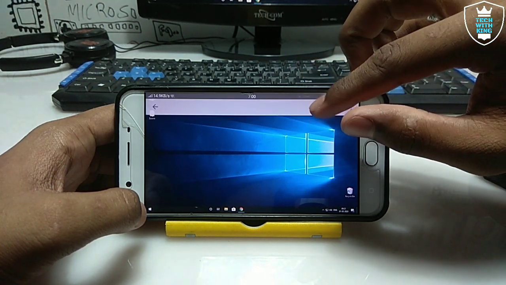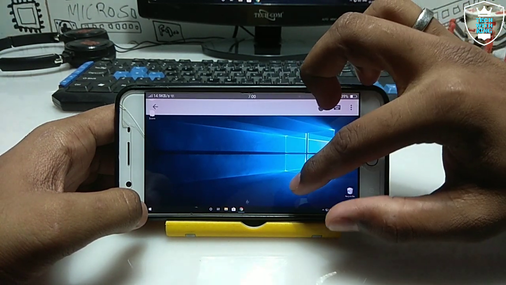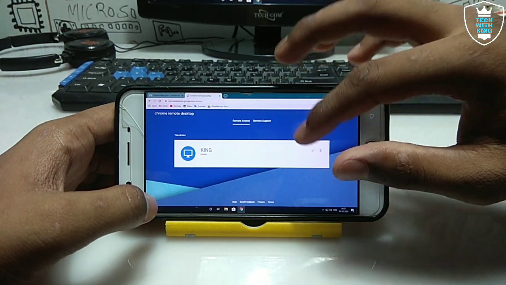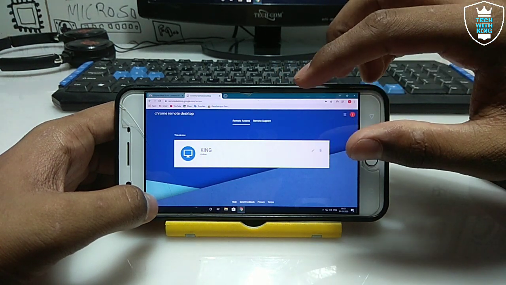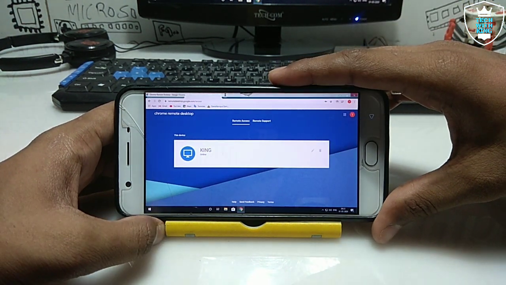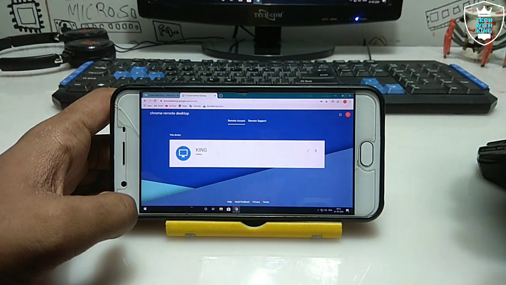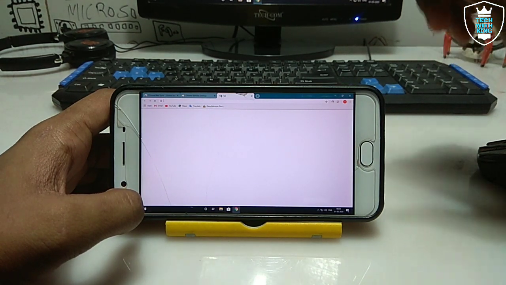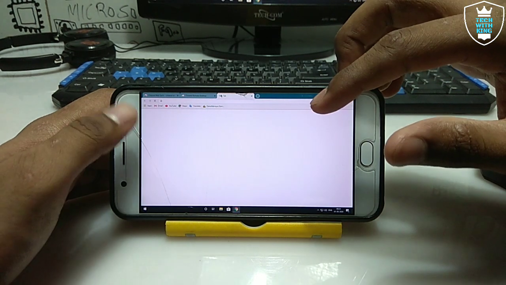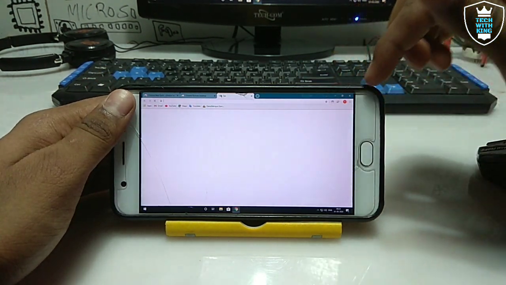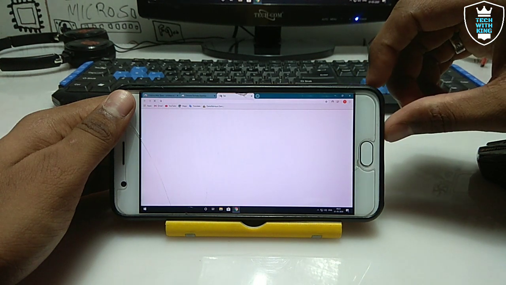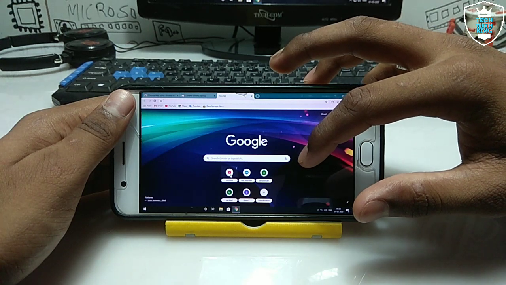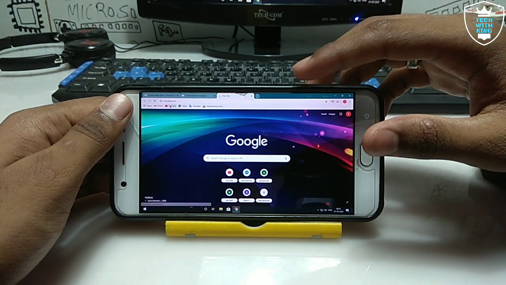so I need the arrow mouse, so just open the Chrome and I'm going to open a new tab. Let me tell you another good thing about this Chrome casting. If you don't have PC speakers on your PC desktop, and you're casting using this process, you can hear your PC sound on your Android speaker. In my previous video I have already shown that with Windows 7, and this is the Windows 10 Chrome, and I'm going to open YouTube.